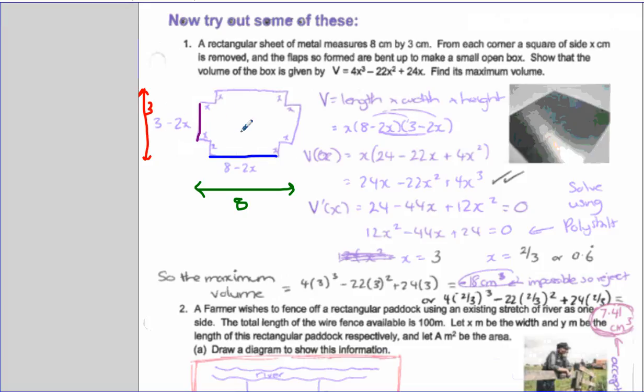Same thing, find the maximum volume. So we need to solve for x eventually, and then once we've got x, we'll sub it into the volume formula, or work out the length, width, and height, and then calculate the volume. So here's our formula. We've got x 1